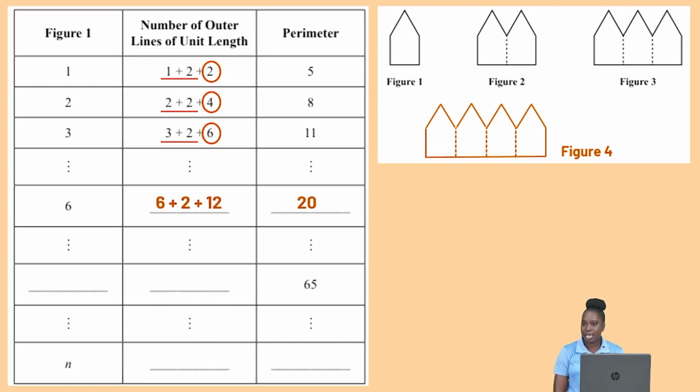But when we look at the next 2 blank spaces, we see that the perimeter is what was given. But it's not necessarily easy to see a connection in the reverse. And so the recommendation would be to skip and go to the final row, which asks about the nth figure. Because once we know what the nth figure should look like, then we should be able to do anything else in the reverse. So looking at n, for the first blank spot in the second column,